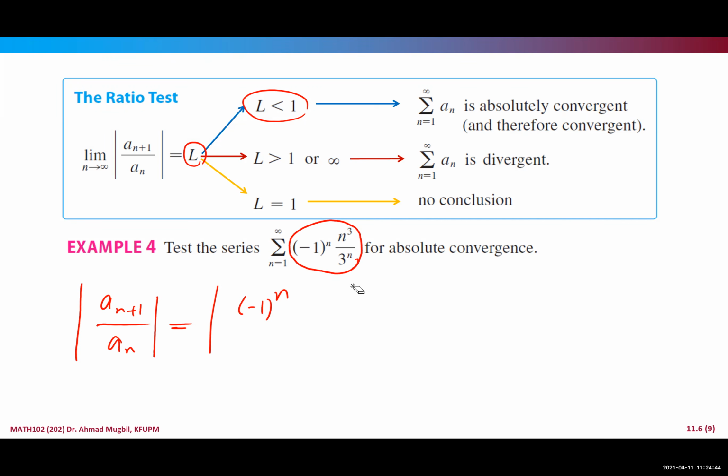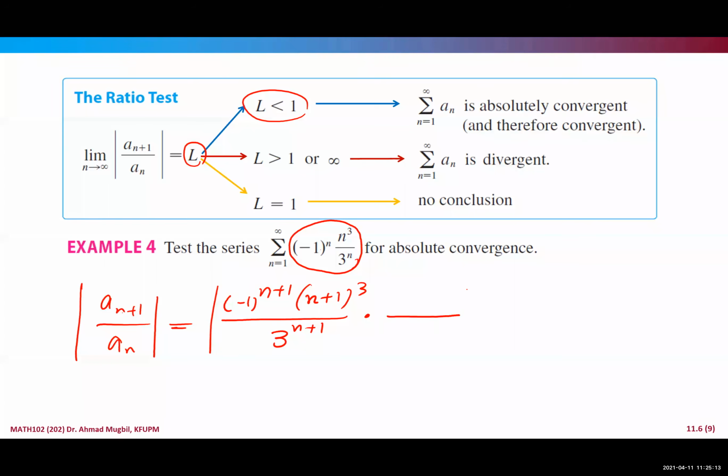1. So what you can do, you can ignore it. So you can write it here, no problem, but for the first time, let's do that. So now we will do a_(n+1). This is the same, but we will replace n by n plus 1. (n+1) to the power 3 over 3 to the power n plus 1, times it is divided by a_n, but we will multiply by the reciprocal to save one step. So here we will multiply by the reciprocal, 3 to the power n. Here we will have negative 1 to the power, or you can keep it, no problem, n to the